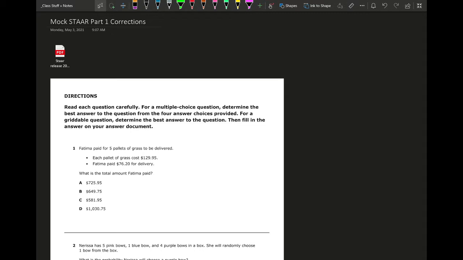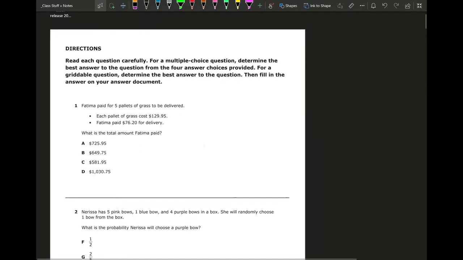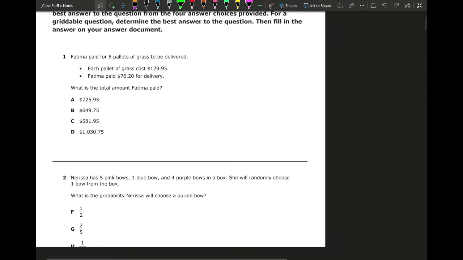And today we're gonna go over the STAAR that we took last week, the mock STAAR that we took last week, and this is the actual one. Remember, we broke it into 3 sections. This is gonna be part 1, which has actually only 10 questions. So we're gonna go over these real STAAR-like questions. So, number one,